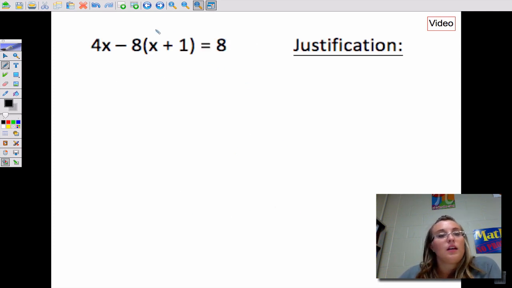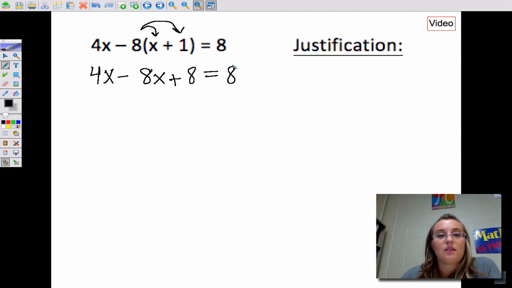Next one, got parentheses there. That means the very first thing I need to do is distribute. Okay, so 4x minus 8x plus 8 equals 8. So I'm going to go ahead and do that multiplication in my head. 8 times x is 8x. 8 times 1 is 8. That's the distributive